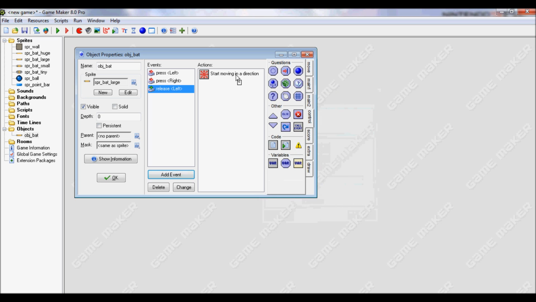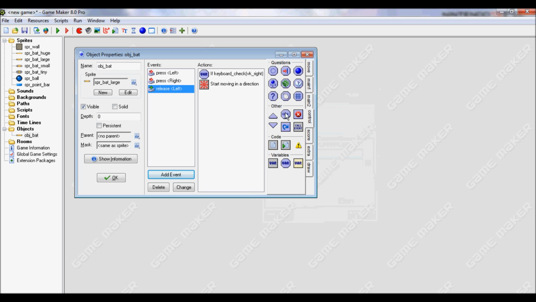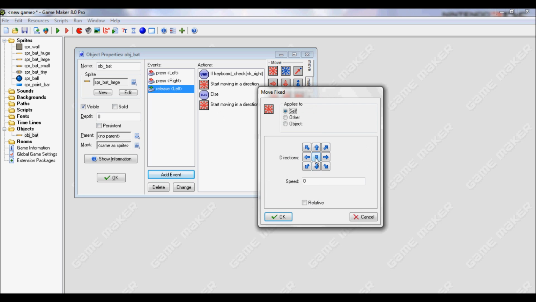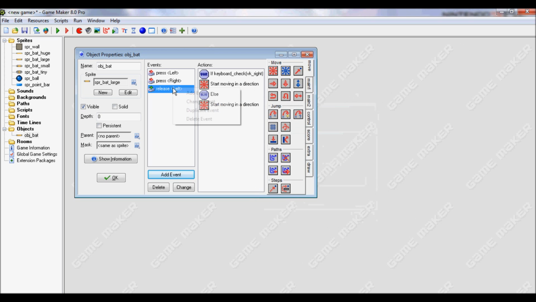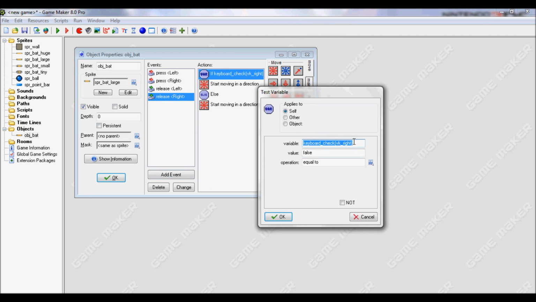key release, we want to make sure to check if right isn't held, just like in the Pong tutorial. So what this will do is, if right isn't held, it'll stop, but if the right button's held down, it will move right. This eliminates any choppiness when moving left and right. Now what we want to do is duplicate that and make it for the right release key, and we change